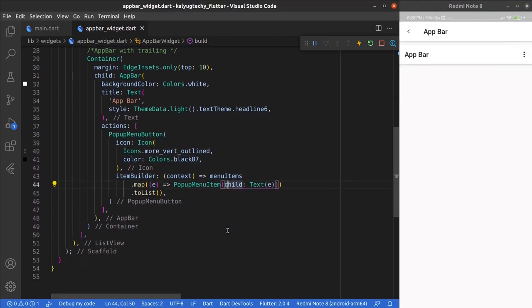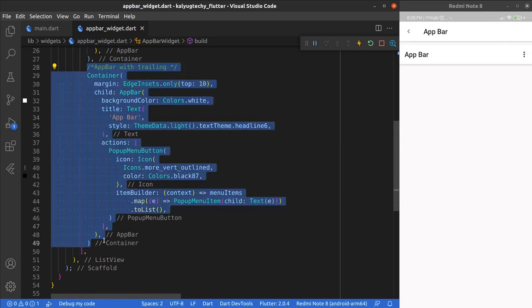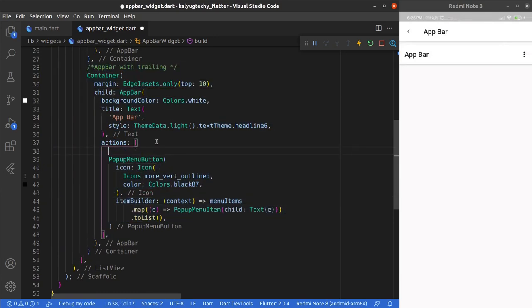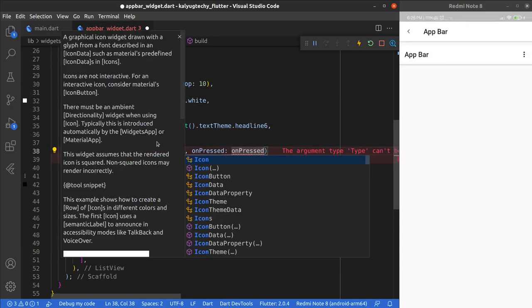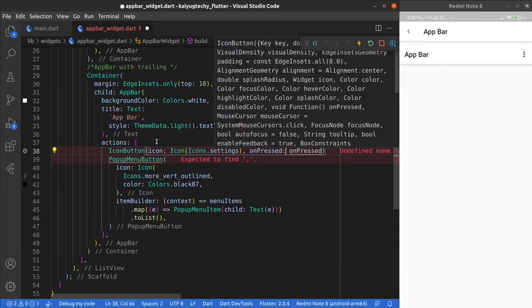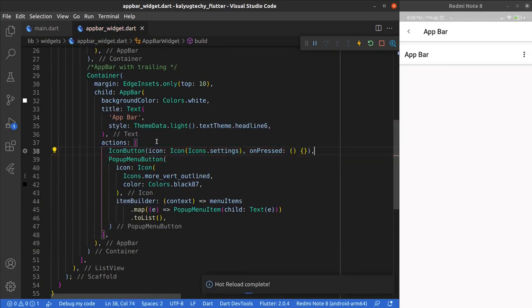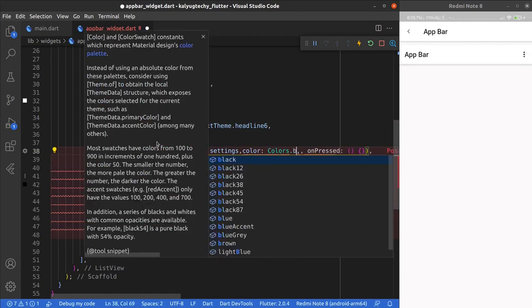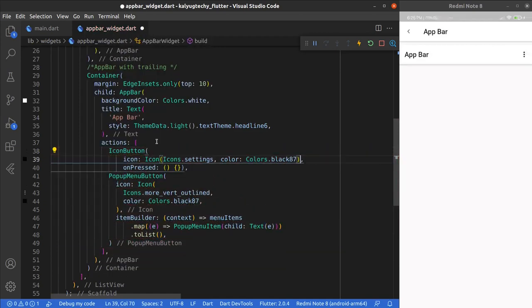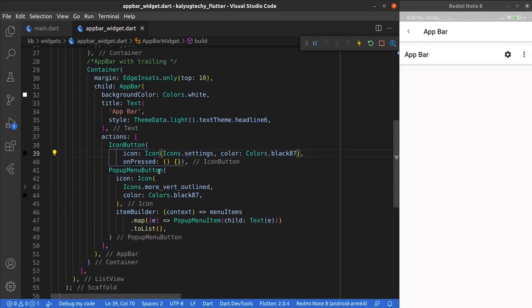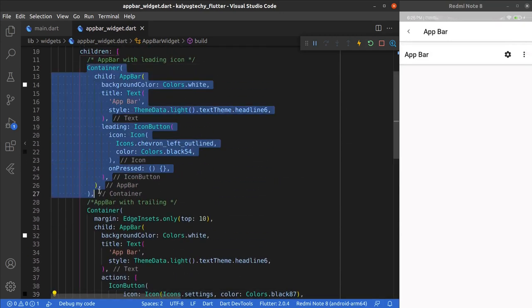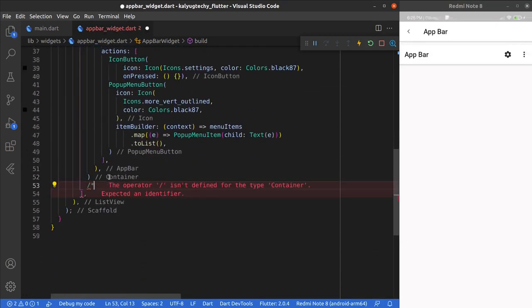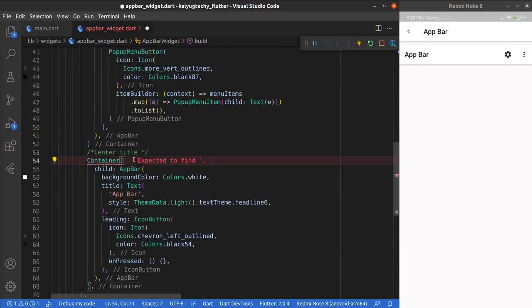Let's now build another app bar where we change the icon to settings, and we are adding the settings button in this action bar. We can place as many action buttons in the bar as we have space for.